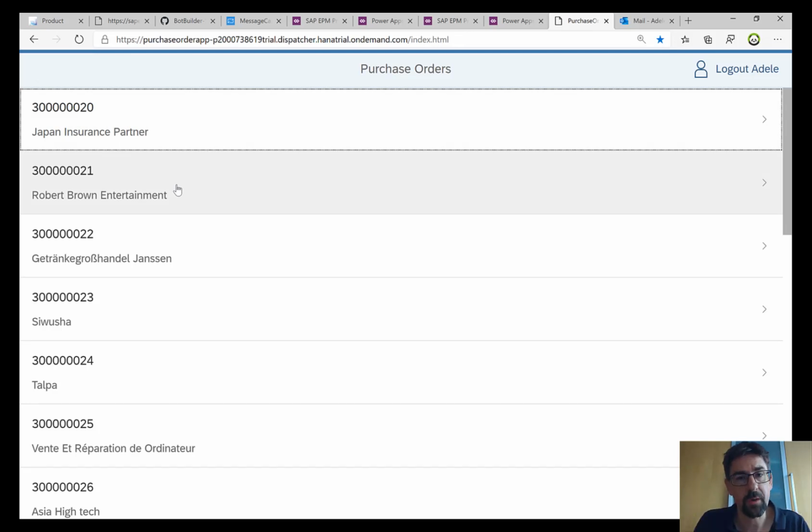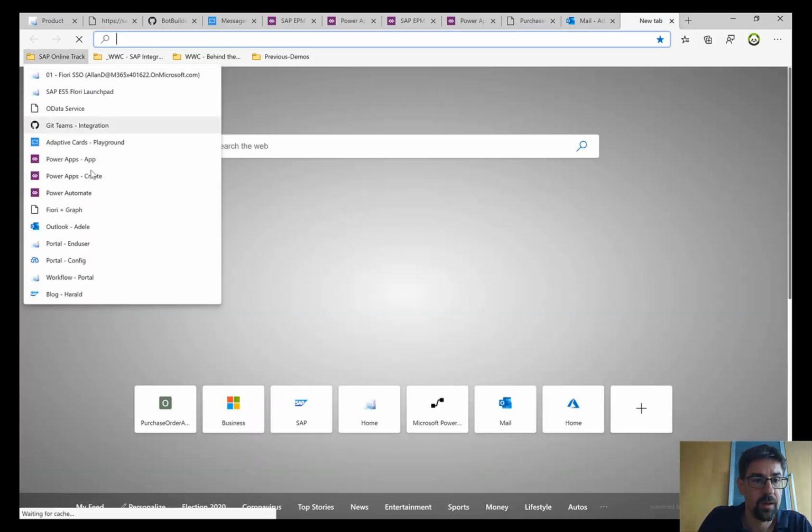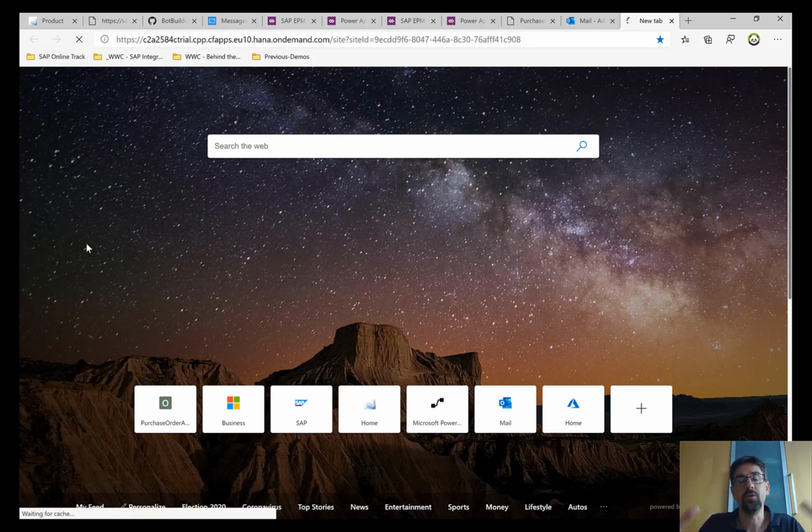This could be a document in OneDrive. This could be anything that is accessible from the Microsoft Graph. So also conversation in Teams and stuff like that. So now we're getting more solutions. We're getting more and more user interfaces. And obviously now the question comes, well, how can I get a better overview of this?